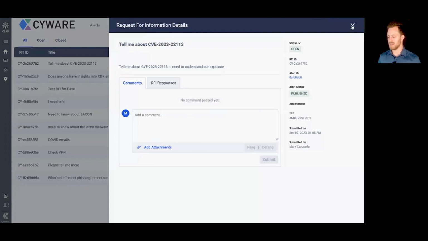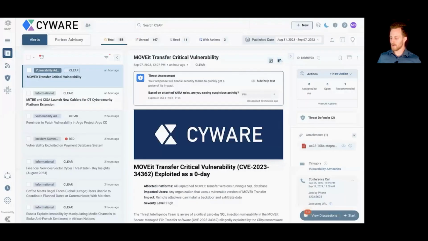And when it's all said and done, I can go ahead and release this information as a final product, right? My final response to this request for information. And that is the main concept behind Cyware Collaborate, right? Sharing data back and forth between your users and your users back to you and out to other communities that you may belong to. We obviously have many other features as well that really enable the idea of communication and